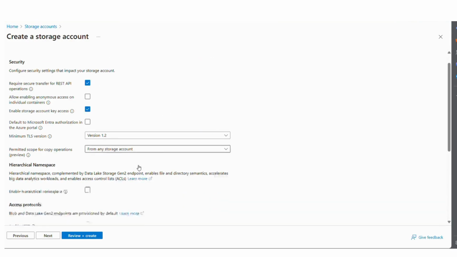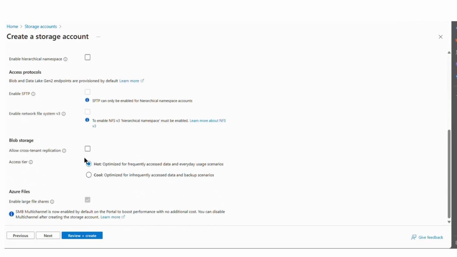Next we have advanced options. For the blob storage, there are three kinds of tiers that I have discussed previously: hot, cool, and archive. So I have selected the hot one because my data is frequently accessed. Next we have